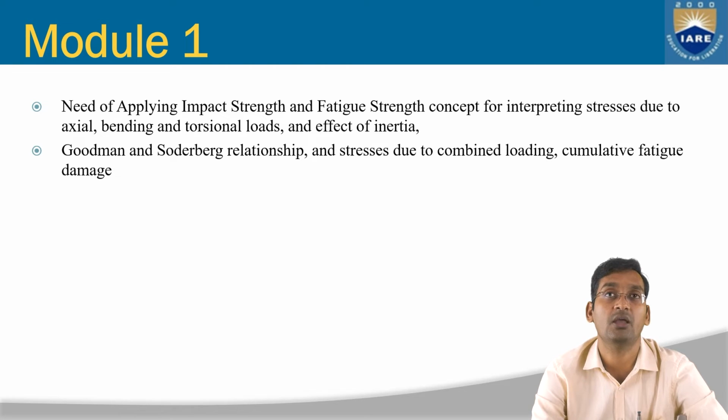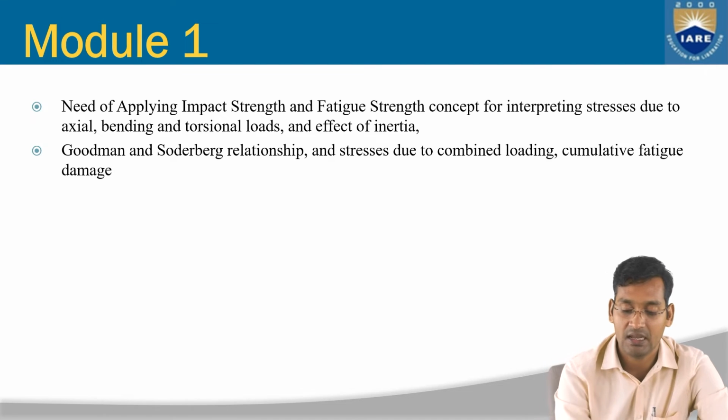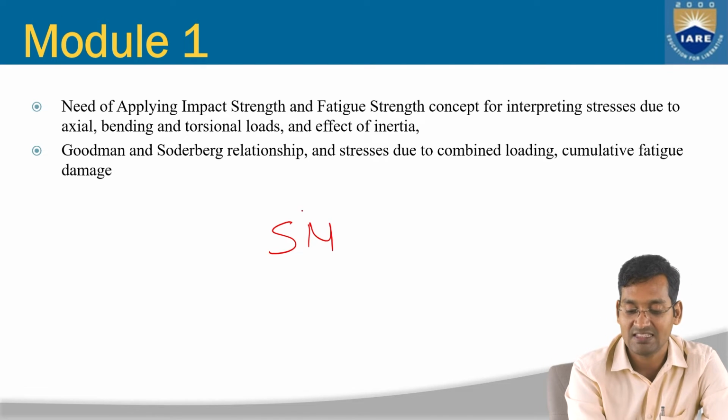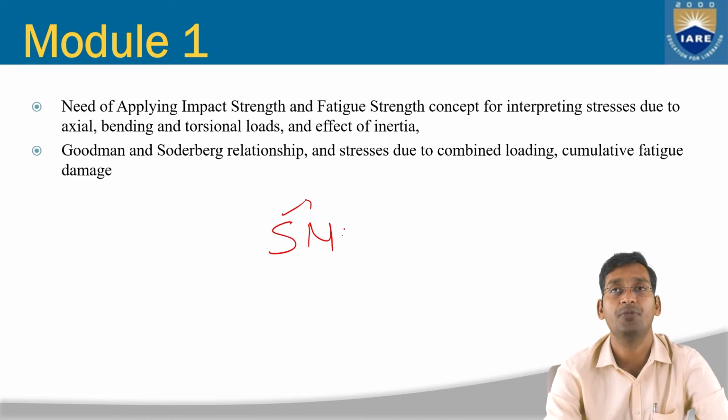So if suppose at the same time all the 3, that is axial load, bending moment and torsional load, are acting on the beam or that member, or you can say the aircraft structure, then what happens? Then what will be the effect of inertia, that we will see, or that the student will see in the first module. Then again, for analyzing that fatigue and strength, the SN diagram also a student will see in the same module, right? SN diagram, that is called. S stands for stress and N stands for the number of cycles.